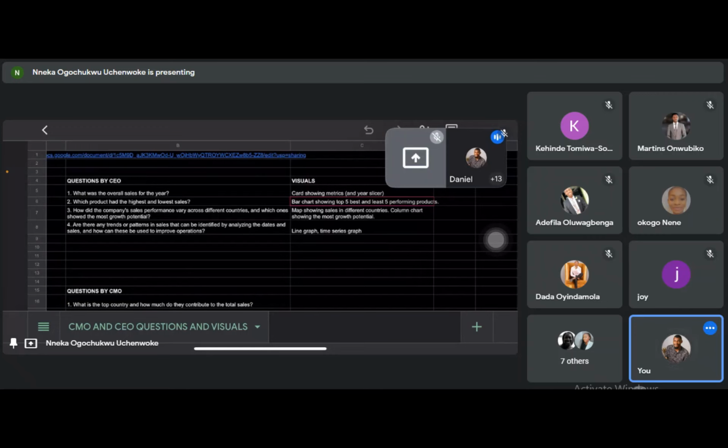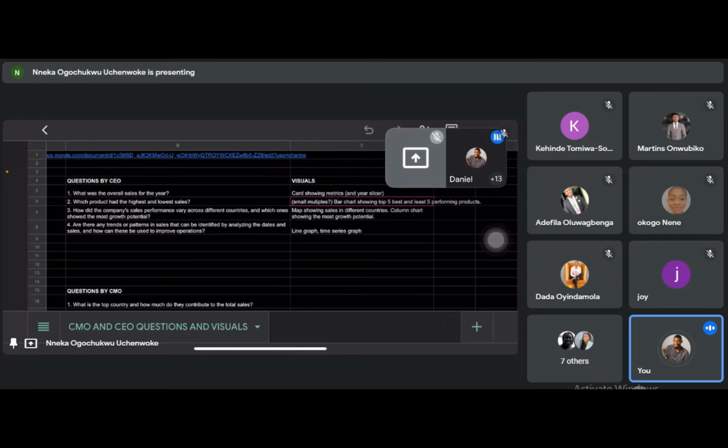Then do something like bar charts, or pie charts if you're doing a proportion of the total sales. Since you already have question 1, overall sales, it means you already know the overall sales. Then that means you can decide to use the pie chart. Just use what they call measures. Create a new measure, put in the overall sales there, then do a measure of the country's current sales and divide it by the total sales. I hope that's making sense anyway.